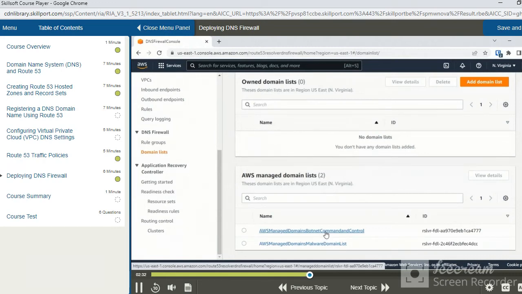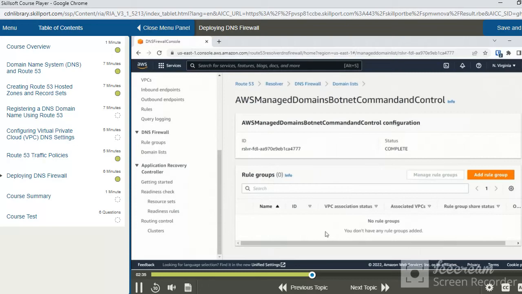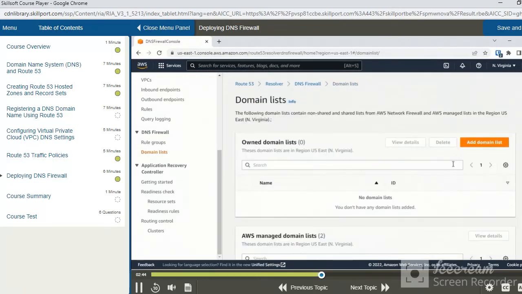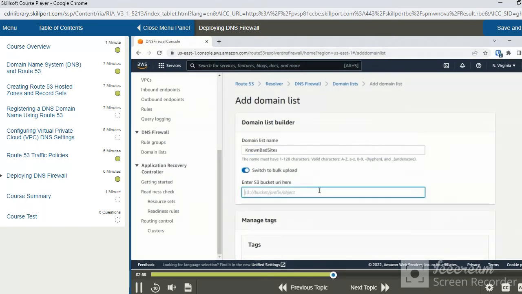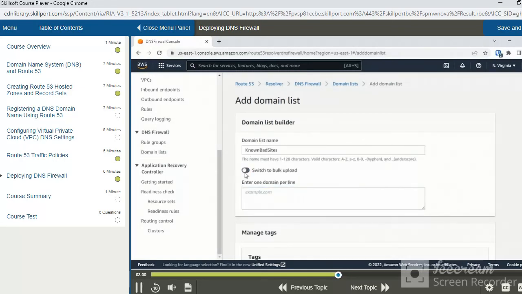If I click to open up that botnet command and control list, what I can now do is add it to a rule group. Now, we can also do it from the perspective of the rule group, which ultimately we will be doing. But we mentioned here we could also add our own custom DNS domain list. I'm going to call this known bad sites. I could upload by choosing the switch to bulk upload button and enter a reference to an S3 bucket where I might have a file that has all of these known bad domain names. Or I can enter them one per line, such as badsite1.com, bad